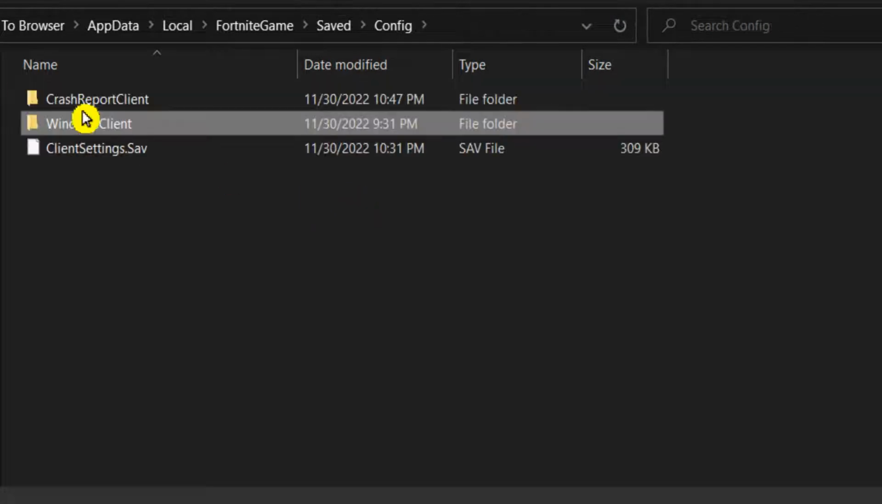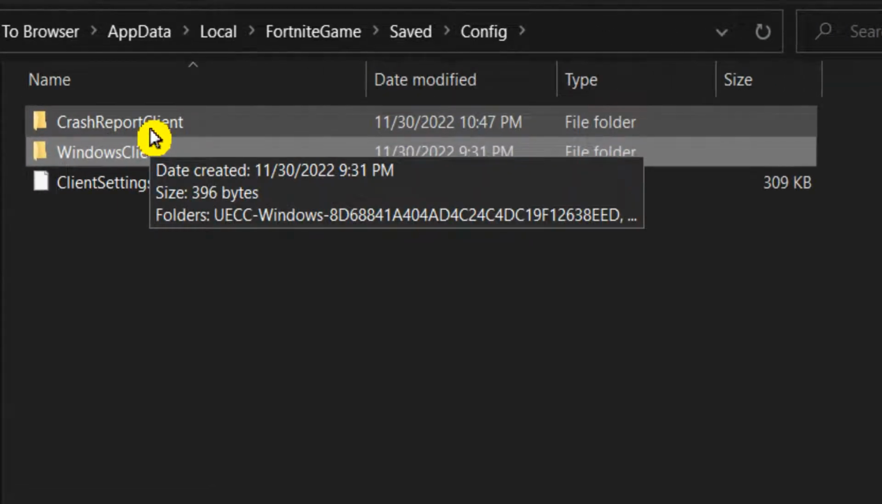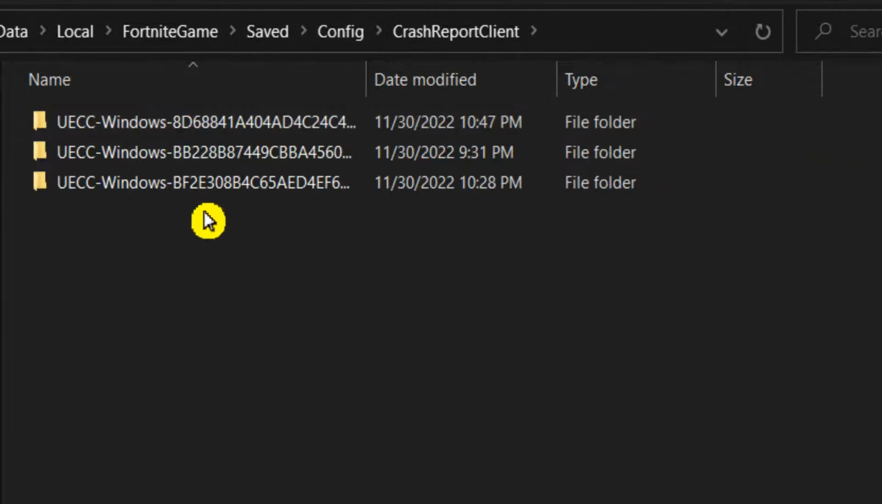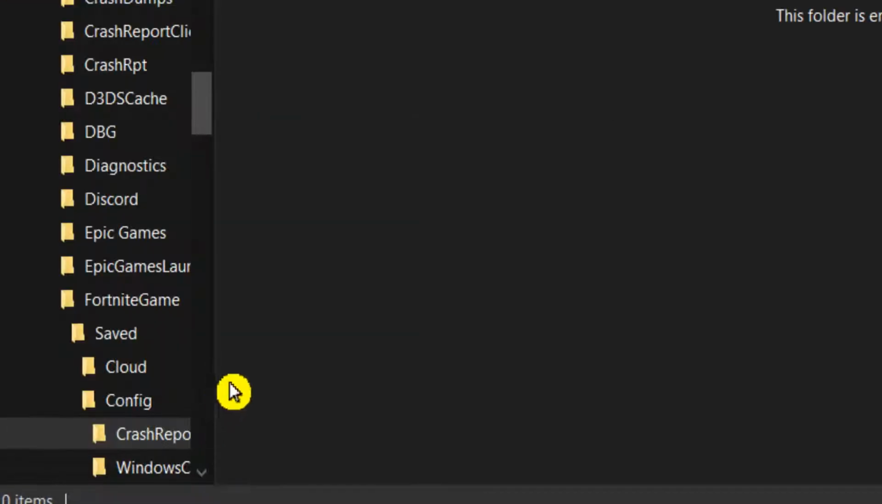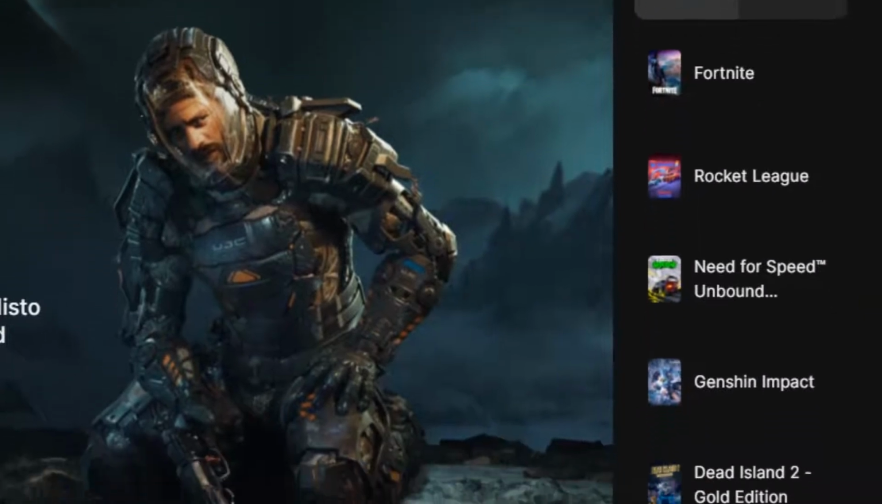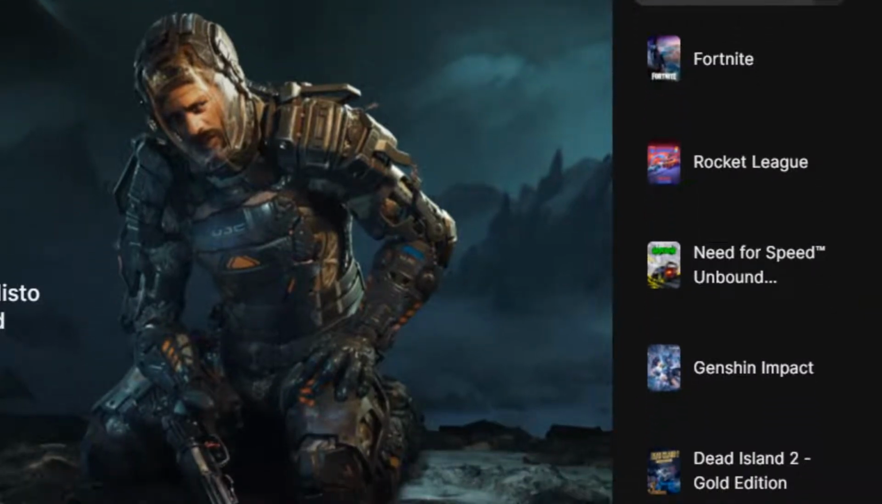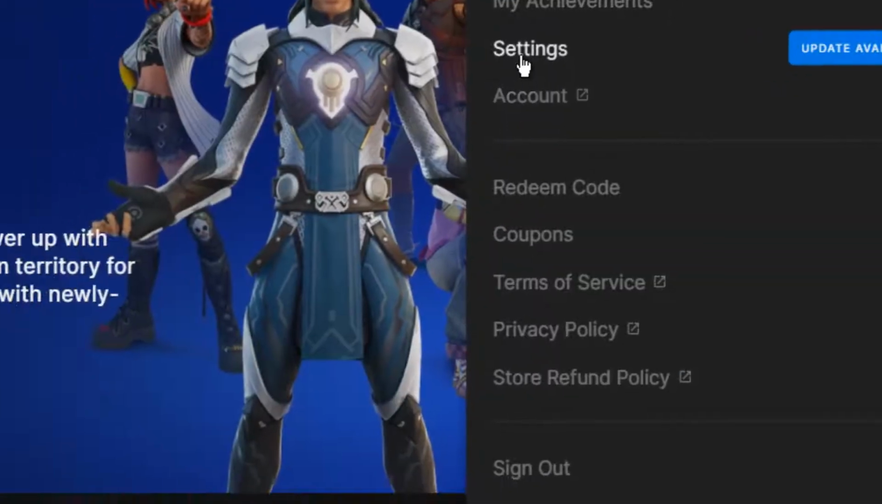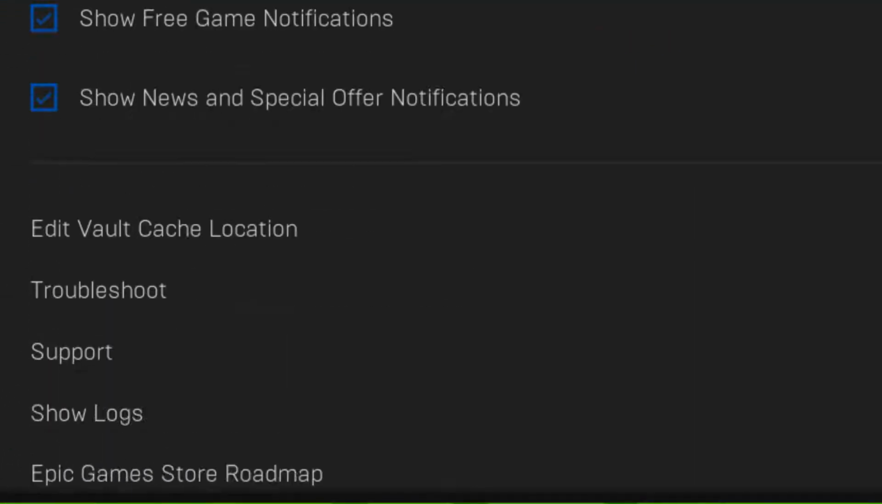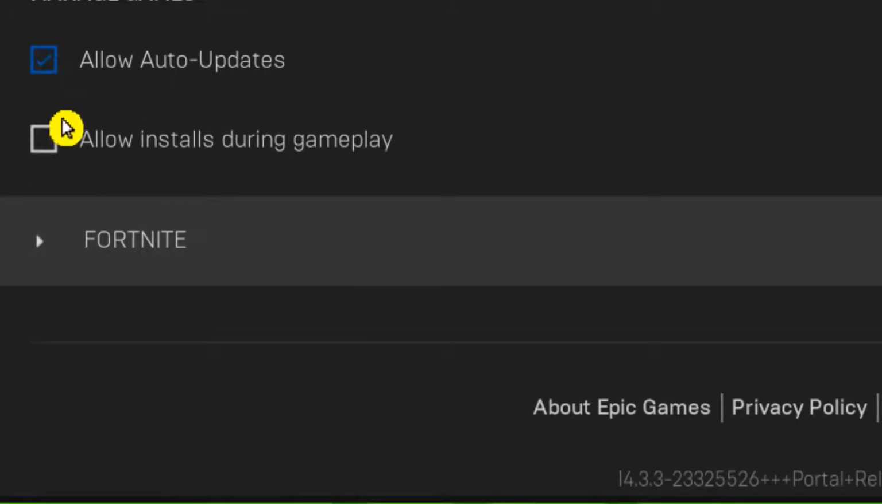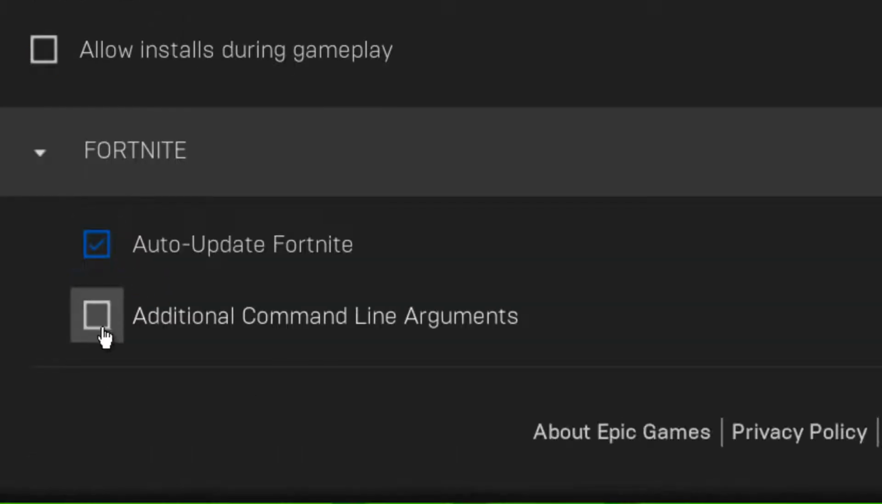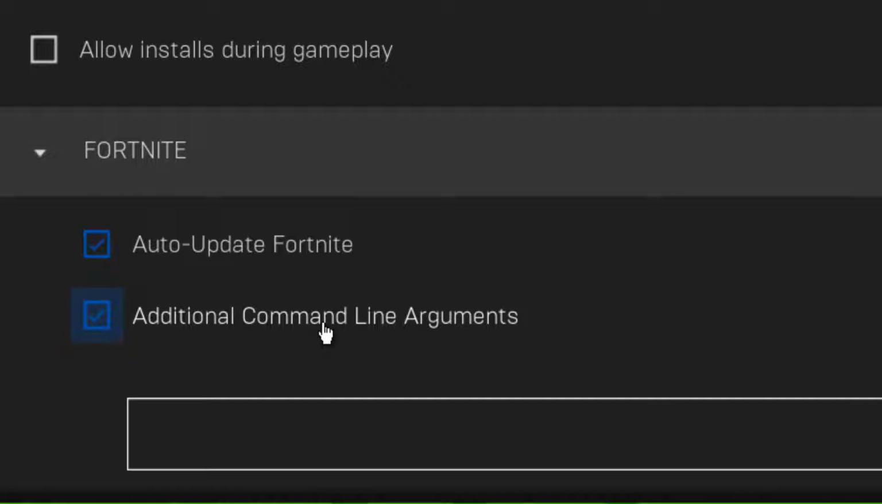Now let's go back, Windows, CrashReportClient, delete these files. Please open Epic Games, select Settings, scroll all the way down. Once you've done that, click on expand, and check Additional Command Line Arguments. Here please type